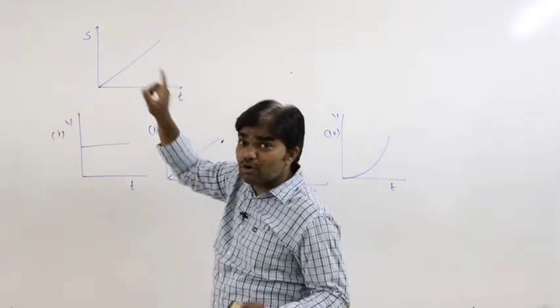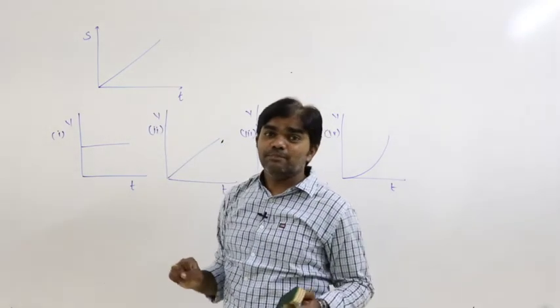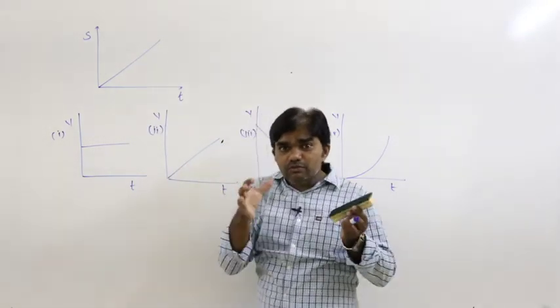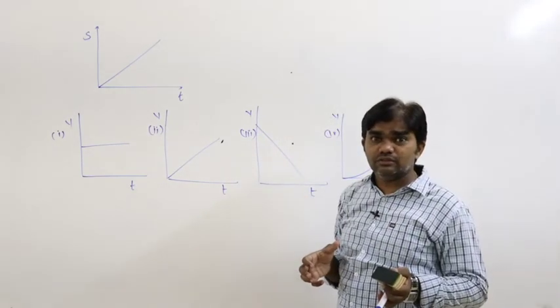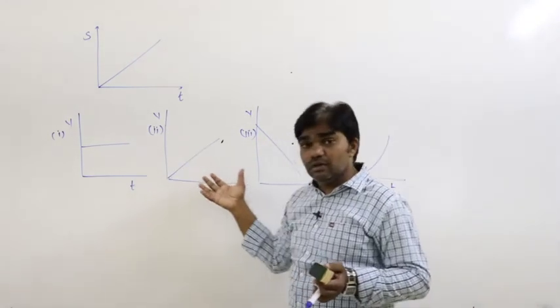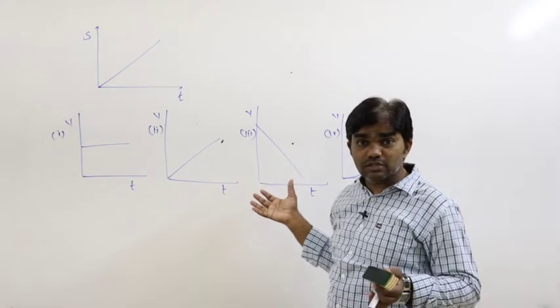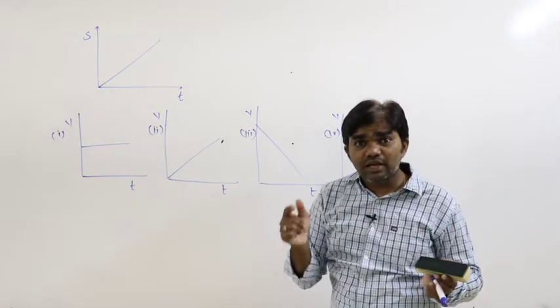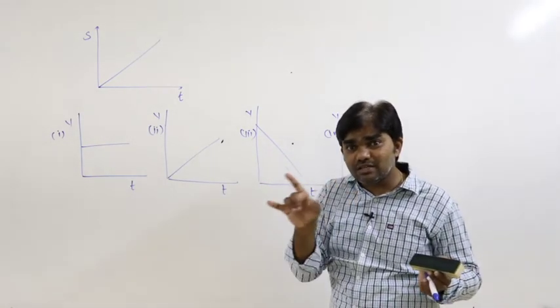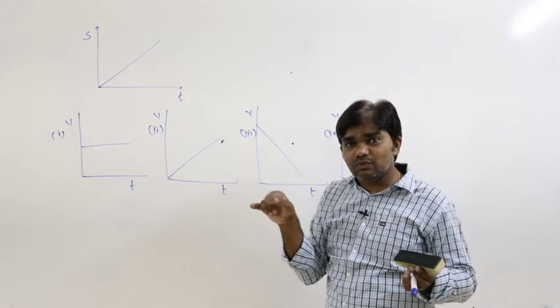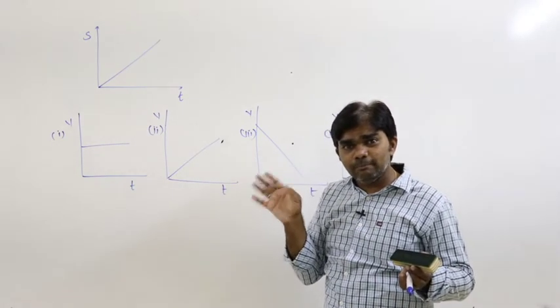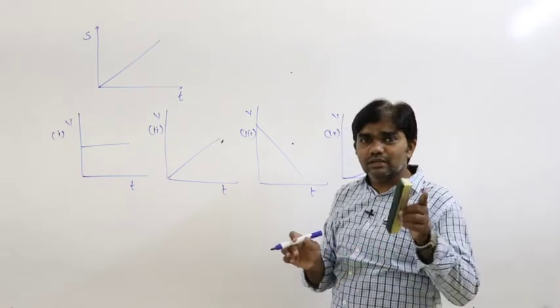What is the situation? Body moves with uniform velocity. So the same situation we can check in velocity time graph. Which condition is possible? Body moves with uniform velocity. Uniform velocity means the time increases but velocity remains constant. Velocity remains constant. Whatever may be the increase in time, velocity does not change. That